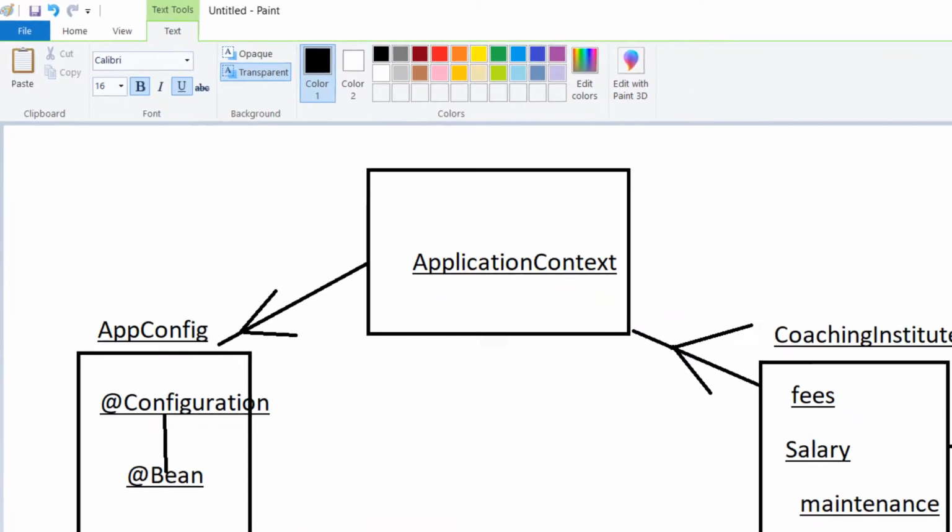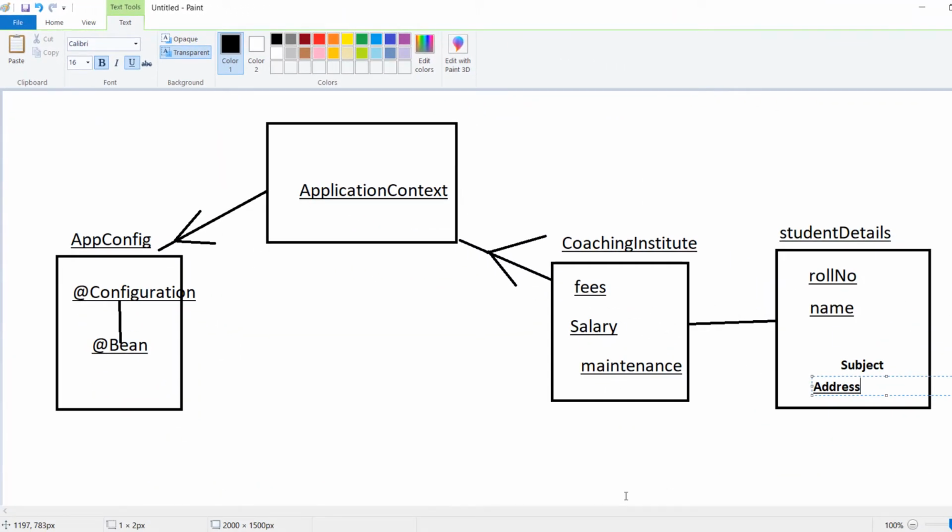So in this example I have shown you the simplest example of constructor dependency injection, and how loose coupling will work if this framework is properly maintained.